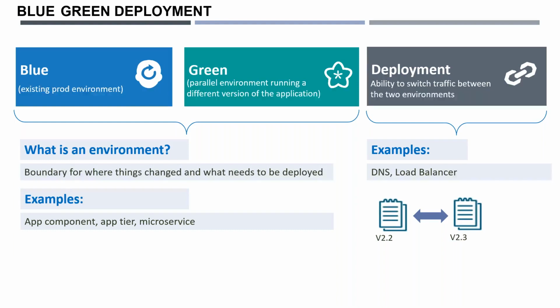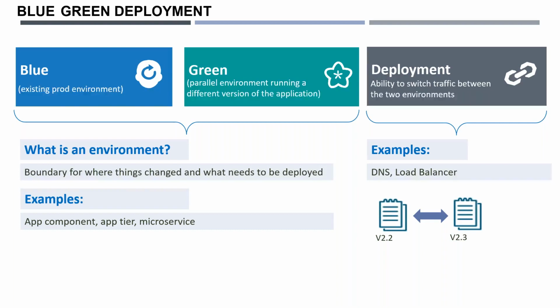You will have another environment with the same setup. So in one environment, you have 10 production web servers and 2 production database servers, right? You will maintain another environment with the same configuration and the same code, but it will be in standby mode. Now when I do the deployment from Azure DevOps or Jenkins, whatever tool you are using, first I will deploy to the green environment, which is the standby. I will deploy that one, and the testing will happen in the production environment as well.